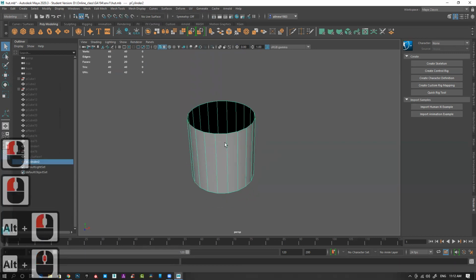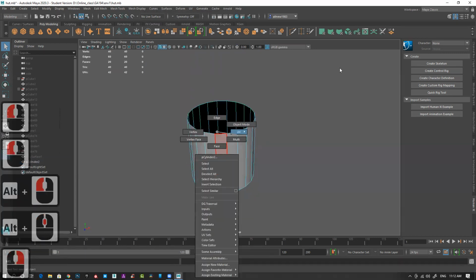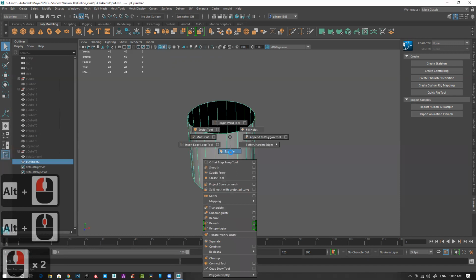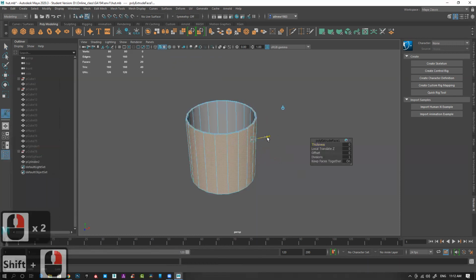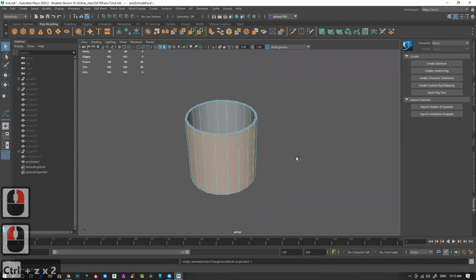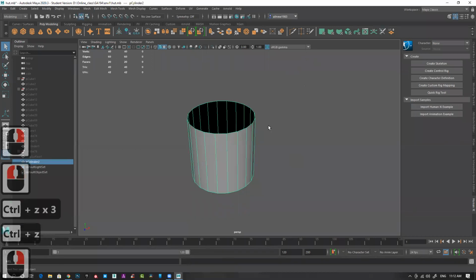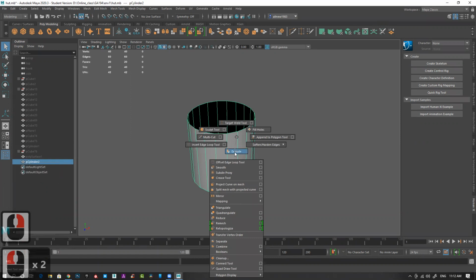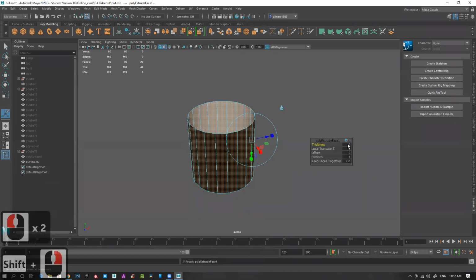Suppose you want to shell it. The easiest way is to select the model and then extrude. This will give you thickness. That's done. Select the model, Shift, right click, extrude, and you have this thickness.